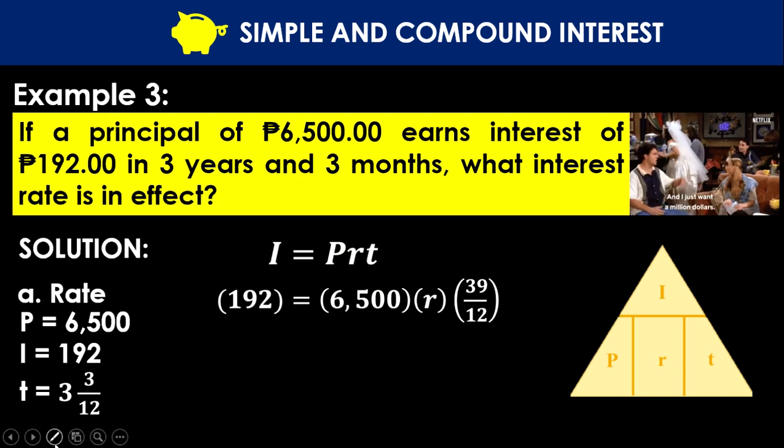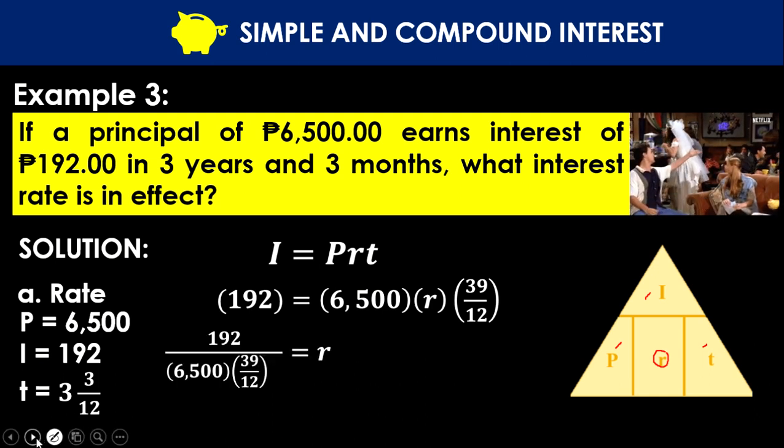Again, in order to solve for the rate, all we need to do is to divide the interest by the product of the principal times the time. So we'll have 192 divided by 65 times 39 over 12. And then if we input that to our calculator, we'll have